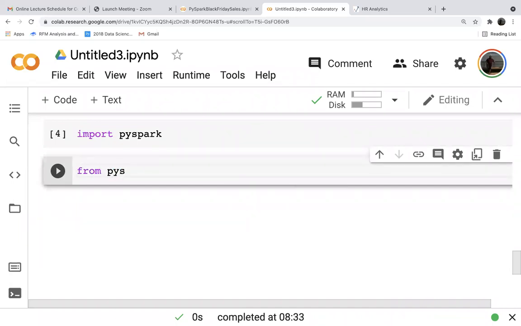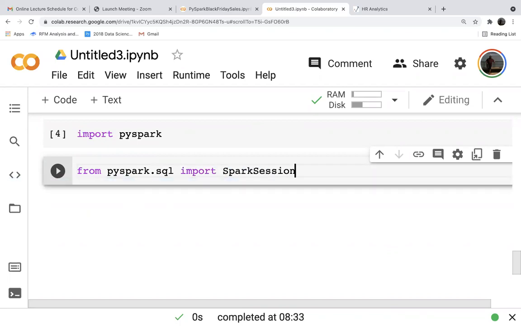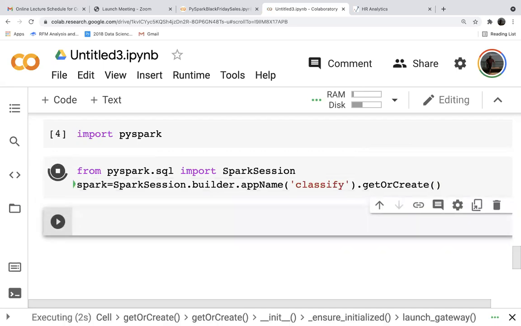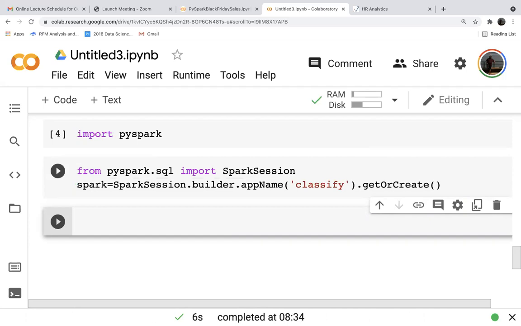From pyspark.sql import SparkSession. spark is equal to SparkSession.builder.appName, the app name will be classified, .getOrCreate. The app name can be anything we assign.